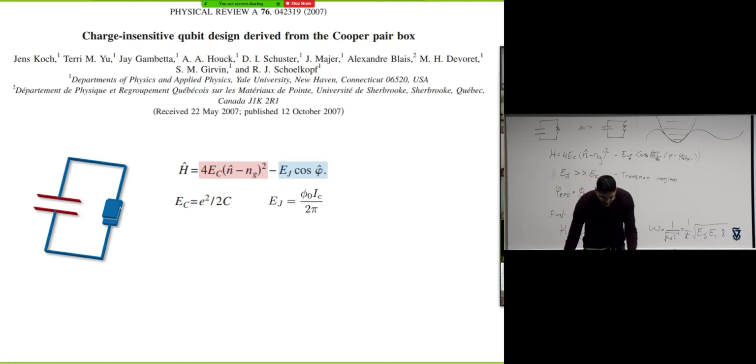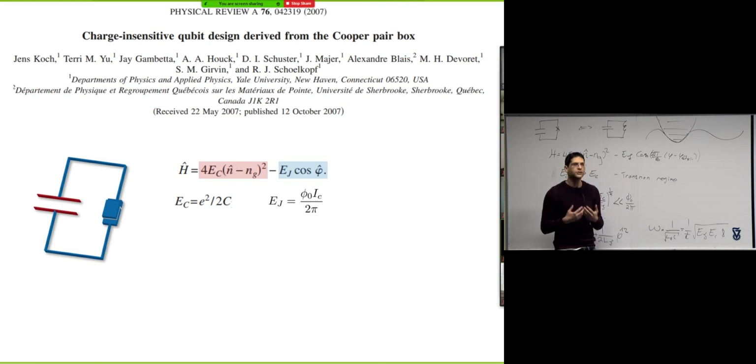Okay, so this is about this paper, but the main point, and the point that I wanted to get across, is, well, first of all, just to give you an example of how you get some anharmonicity and how the Josephson junction contributes to the fact that you can get